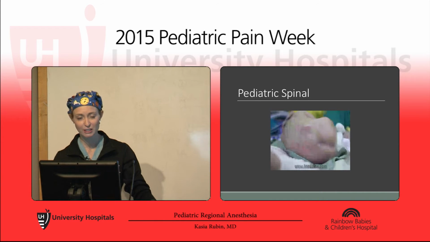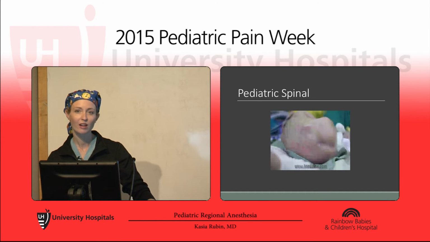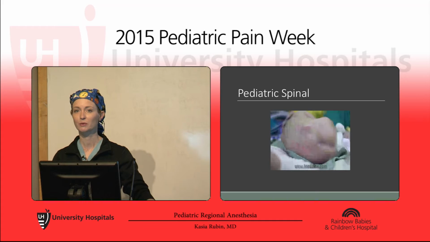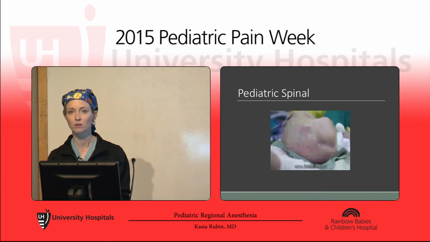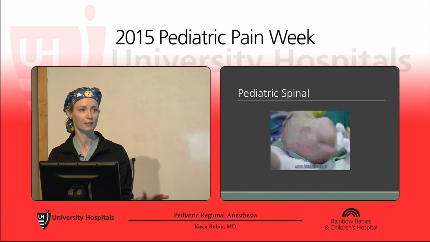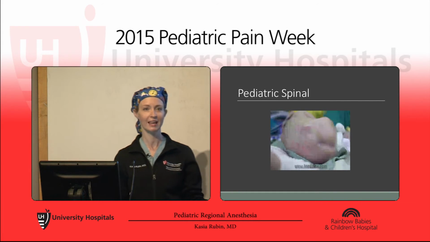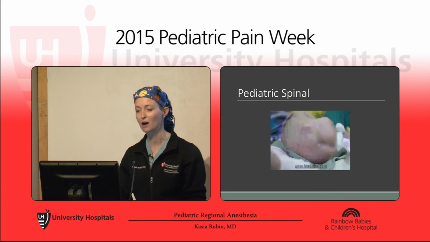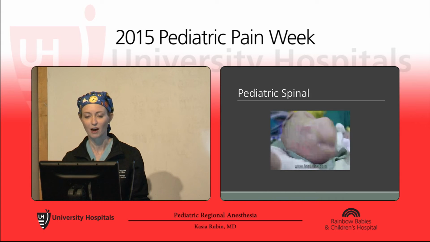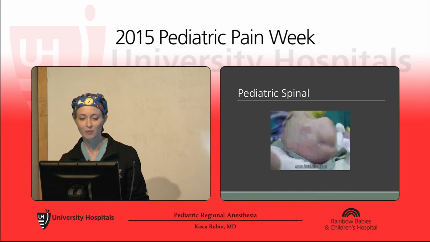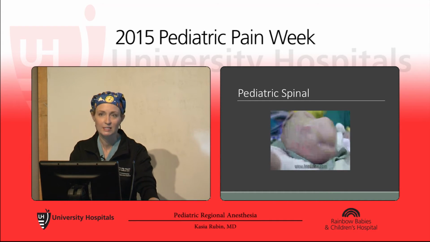done a pediatric spinal. I had one colleague in fellowship who literally came to the program because all he'd done as a resident in his program for infants was spinals. He had never done an infant under a general anesthetic, so he wanted to see how you manage those. This is up at Vermont, where they really are heavy on the neuraxial anesthesia, and especially in infants, preemies,